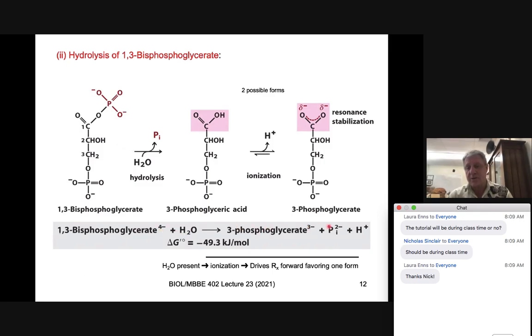here we have 3 charge, 5 charge, so 5 negative plus 1 is 4. That's basically then cancelled out by the 1,3-bisphosphoglycerate. We see another delta G prime zero in the negative state, an exergonic reaction, which is favorable, being negative 49.3 kilojoules per mole. So in this case, we see the importance of the phosphate group as well as the presence of molecular water driving this reaction forward. And it's only through the ionization process of establishing these resonance structures that we get the next stage, being able to move that particular structure through to the next derivatization of this